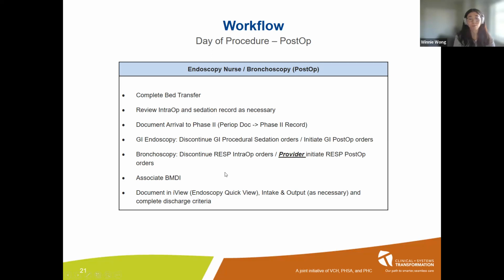I'll just quickly run through what a post-op nurse will do in the workflow. So what we're going to do is complete the bed transfer for the patient into the day bed. We'll review the intra-op and sedation record. We'll document their arrival to phase 2, and then we'll discontinue the appropriate power plans and then initiate the post-op ones. I just want to highlight for bronchoscopy that